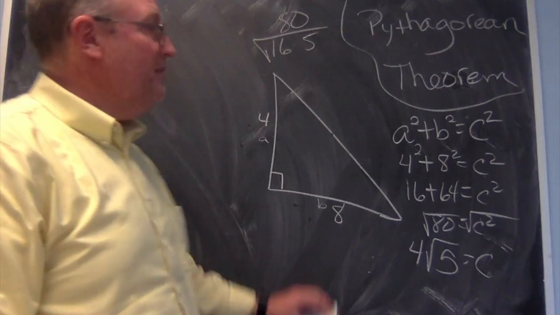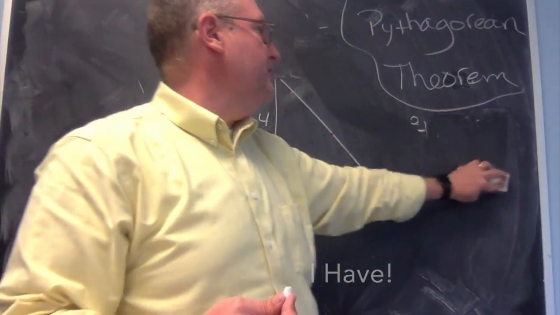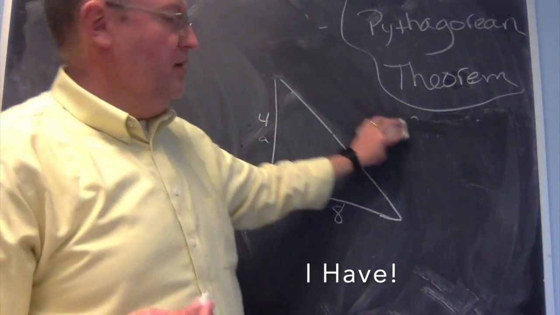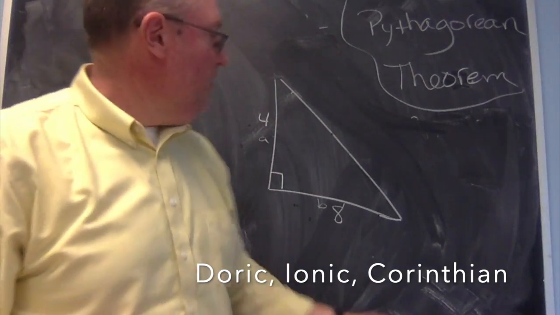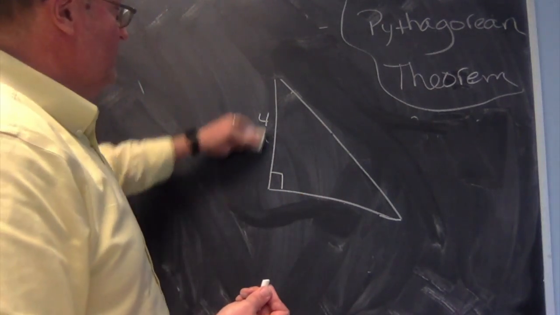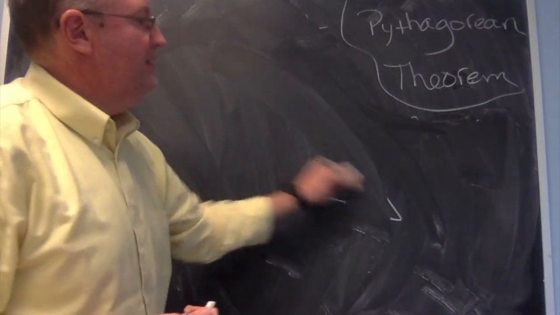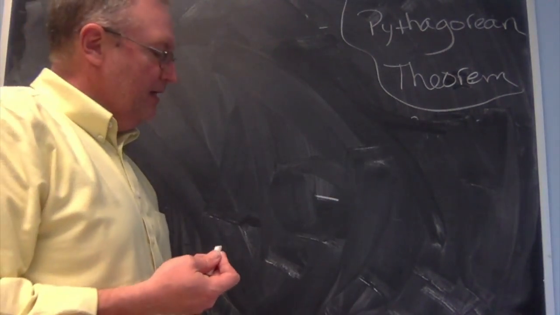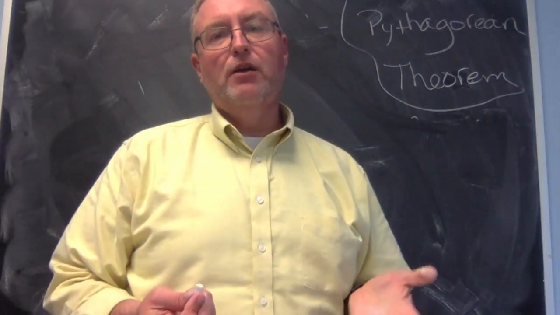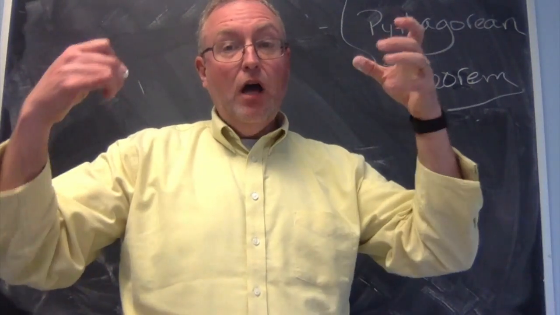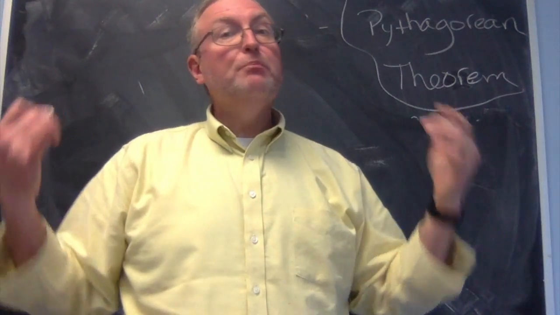I always use the same illustration, but the reason why this is so important is because if you've ever been to Greece, they have an entire way of building named after them. The Romans used it, and pretty much we use it still to this day, is this formula. The reason being is because it helps keep everything perfectly square. And so if you ever notice, they always have columns. Their temples are always built in rectangles and squares,